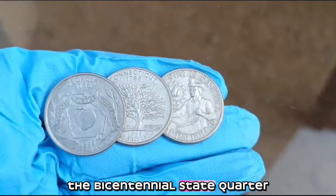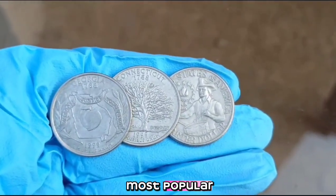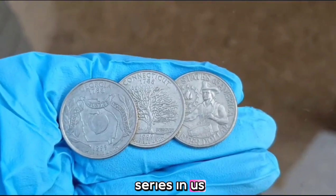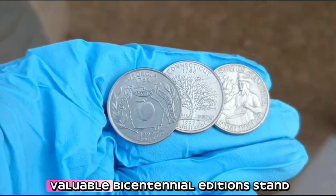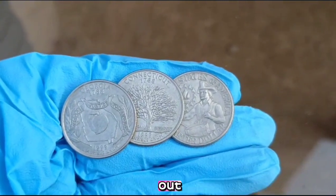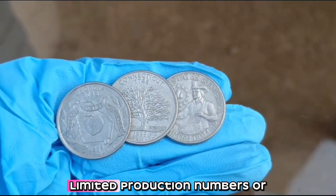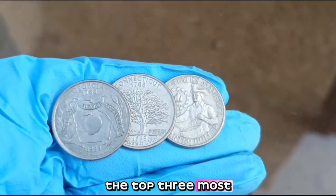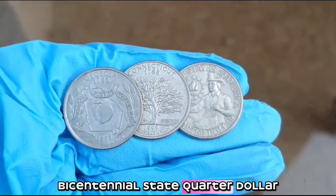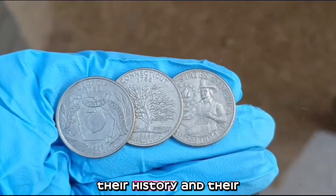The Bicentennial State Quarter series is one of the most popular and widely collected coin series in U.S. numismatic history. While all state quarters hold historical significance, a few rare and valuable bicentennial editions stand out due to their mint errors, limited production numbers, or high-grade condition. In this video, we'll discuss the top 3 most valuable bicentennial state quarter dollar coins, their history, and their estimated